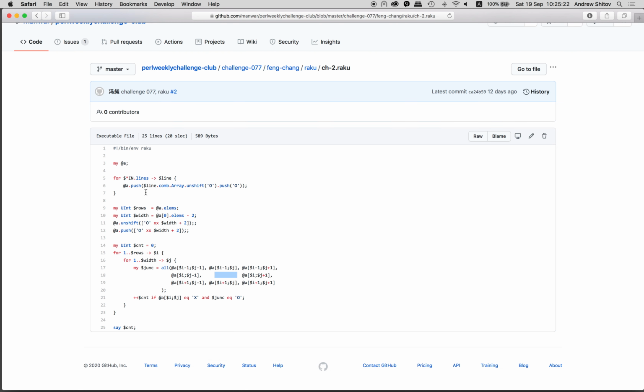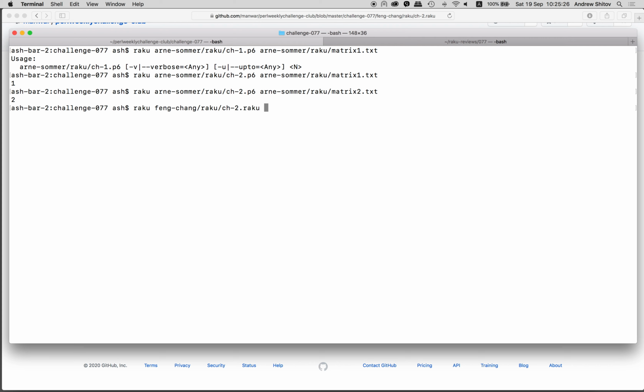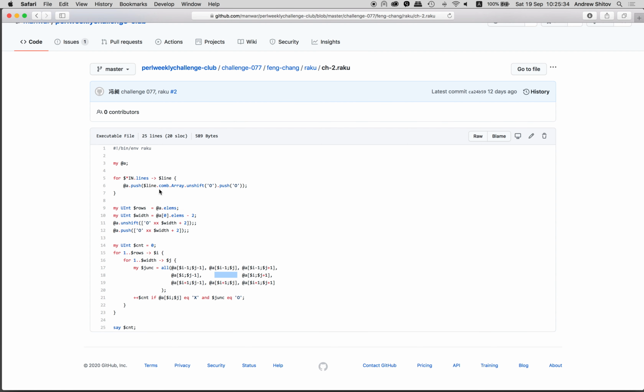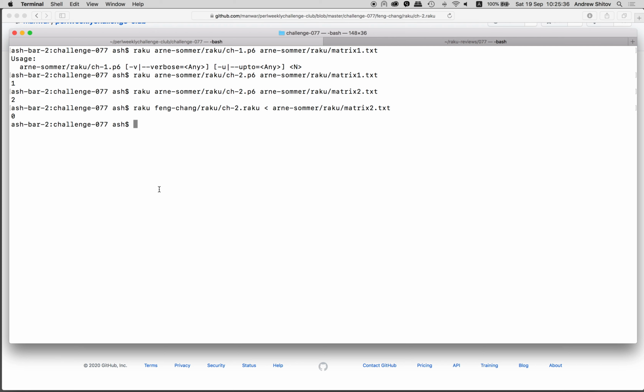And yeah, the thing is that I want, maybe I can do it like this, right? So the answer should be 0. Actually, yeah, I believe we have to prepare the matrix. Okay, let me do it like